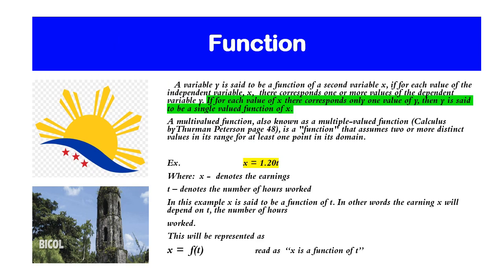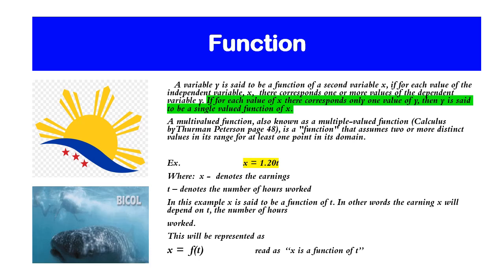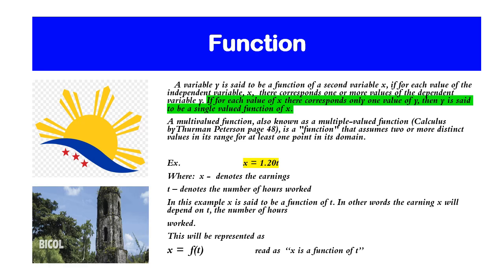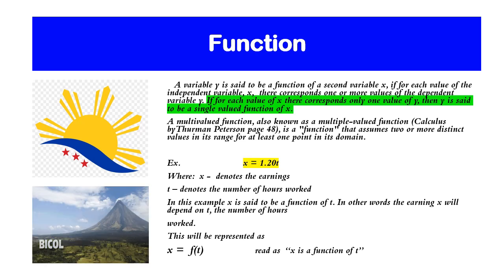Function. A variable y is said to be a function of a second variable x if for each value of the independent variable x, there corresponds one or more values of the dependent variable y. If for each value of x, there corresponds only one value of y, then y is said to be a